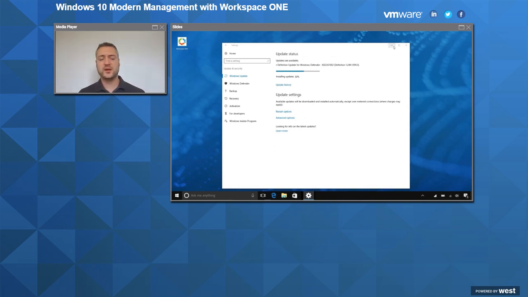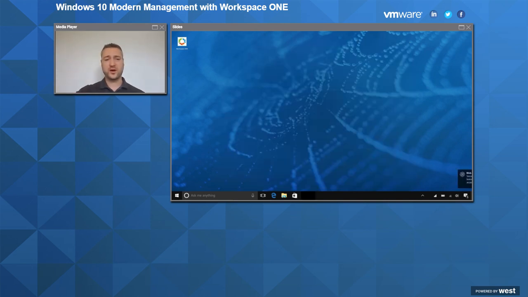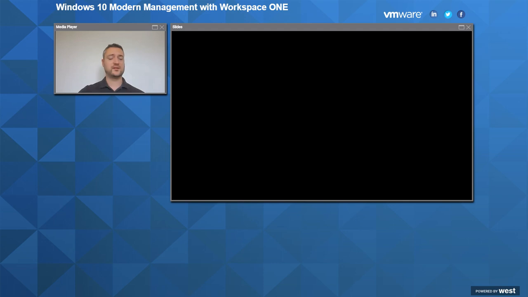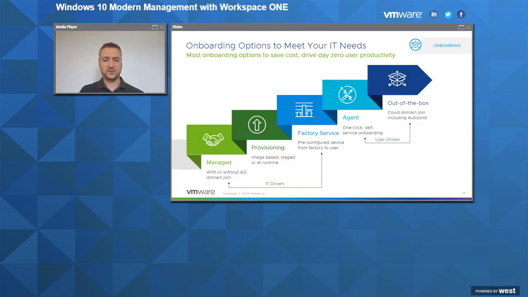And again, this takes away the requirement to have multiple different tools for pushing out updates, for pushing out policies, for pushing out compliance policies, and for delivering applications. And the same platform that you're using to do this, Workspace One, you can do the same thing on iOS, you can do the same thing on macOS, same thing on Chrome OS, the same thing on Android. So you're not using multiple tools to provide service to all of these different applications and ecosystems.